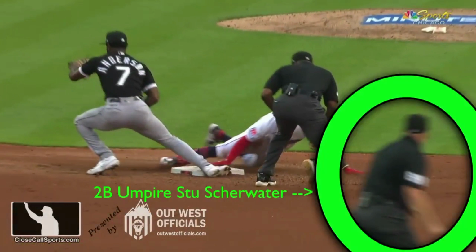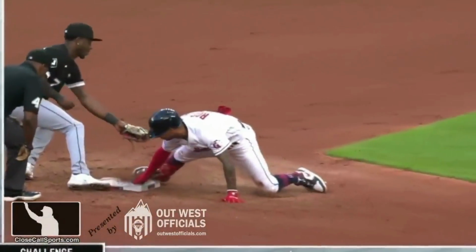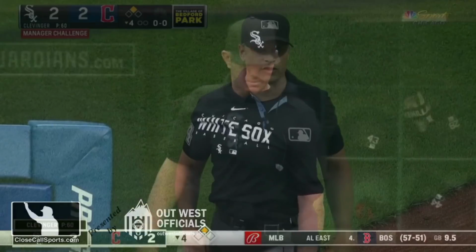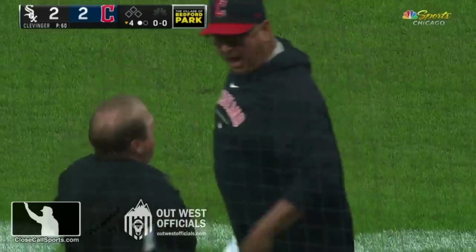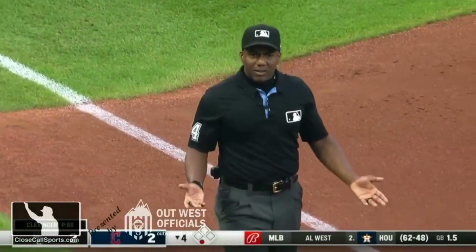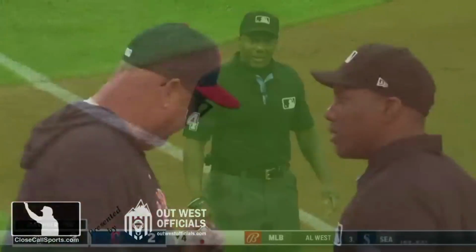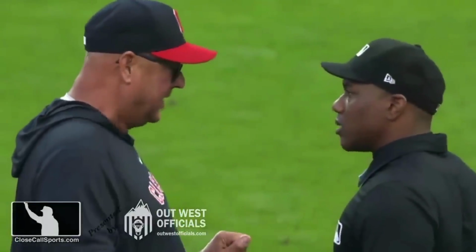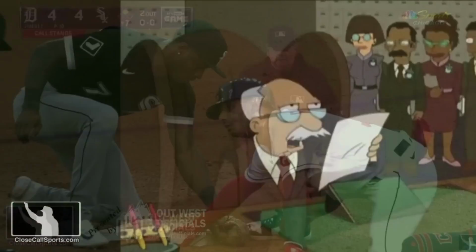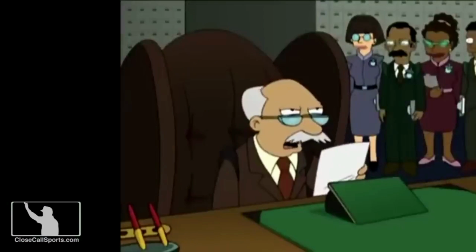Stu, what are you doing? Making chocolate pudding. Same. So there's an ejection because this is a really dumb way to overturn this call, not within the spirit of the rules at all. The runner is out. And that's where he's frustrated. There you go. Now he's going. Yeah, here you go. He's going to get his money's worth now. Umpire's like, I called him safe. Why are you yelling at me? Well, you had to call him safe because he was pushed off. Not just safe. Such a technicality. Technically correct. The best kind of correct.